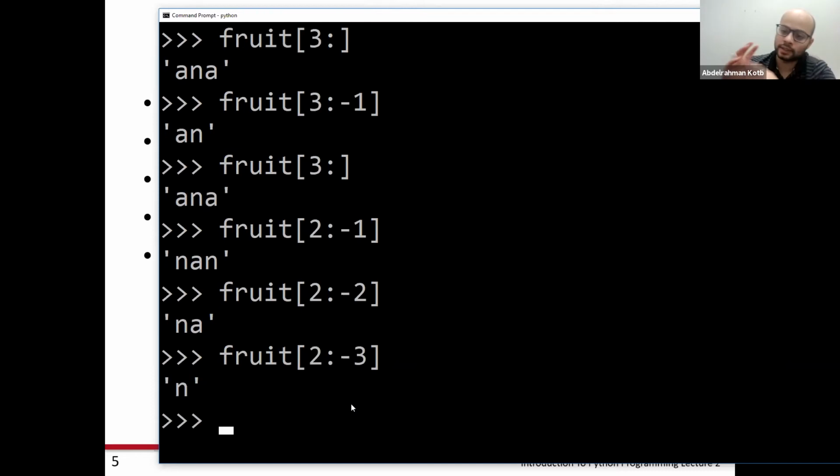So it's actually very useful sometimes to index from the end, because sometimes you don't know the length of your string, and you're not even interested in finding the length of the string. You just want to cancel the last letter. For example, it's a space that you don't want, or a full stop, or a question mark, or exclamation, or something. So just say, okay, give me everything except the last letter, or except the last 2 letters, or except the last several characters. So it's very useful to know how to index a string.